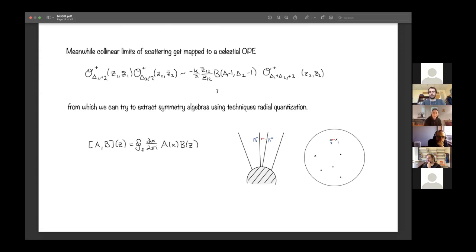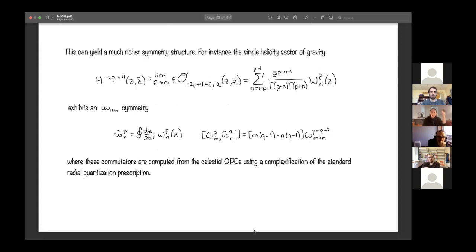And so when I do that, I can basically pretend I'm doing radial quantization and say the Z variable, and use that pole here to give me an algebra for these operators for the graviton. And so when I do that, I can mode expand the different residues in that tower and create Andy and Friends' W infinity algebra. So what these are doing is they're computed from the OPE that one gets, and one can literally, if you wanted to be an amplitude person, take the collinear splitting function, Mellin transform it to get this OPE in the celestial basis, and then look at a mode expansion of those operators. This thing terminates because the values of the conformal dimension are negative integers,